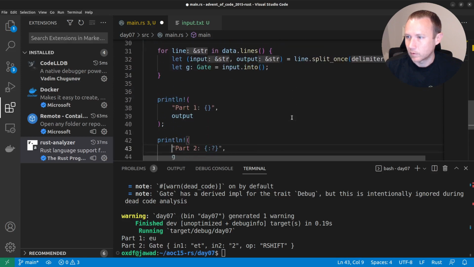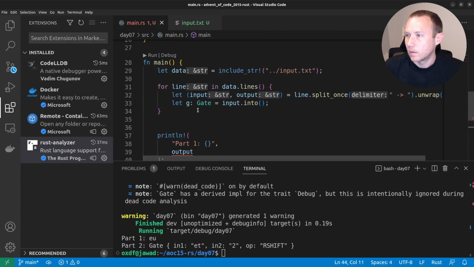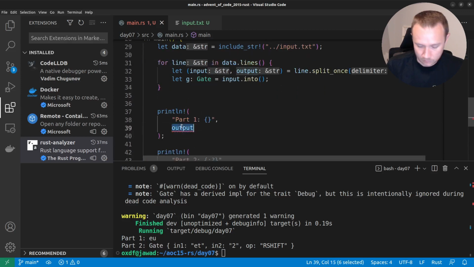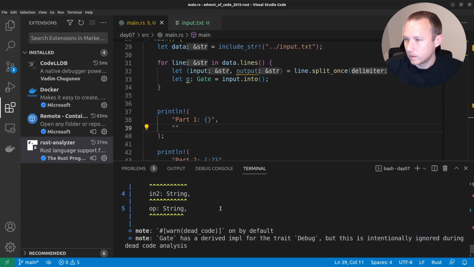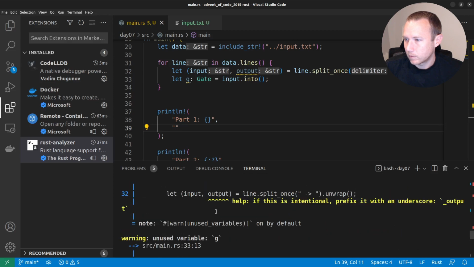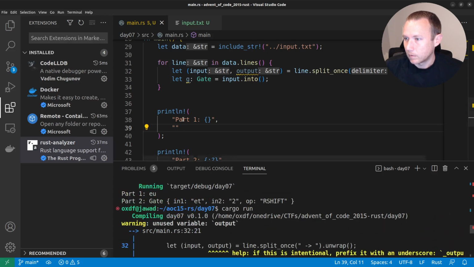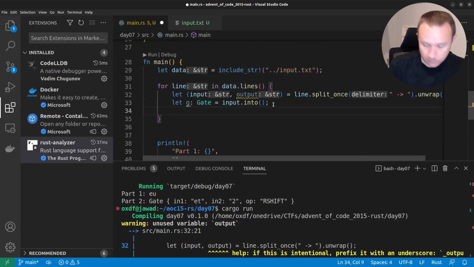Where G is no longer going to be good there because we don't have that. In fact, output's no longer good there. We just want to run this and make sure it works. And it's mad at us for not finding all of these. It's not using them. Okay. Cool. Maybe we could do something like print line